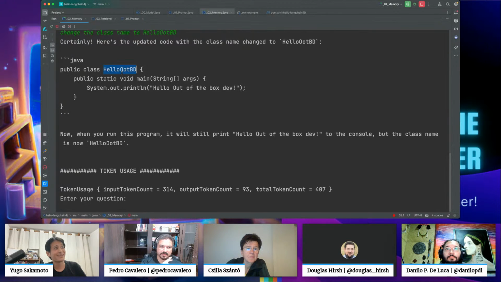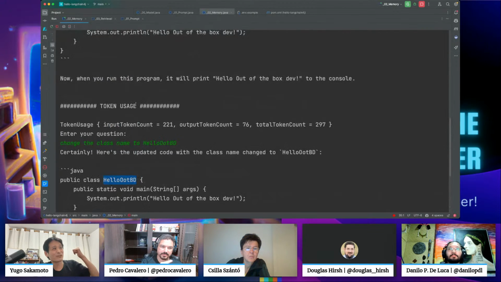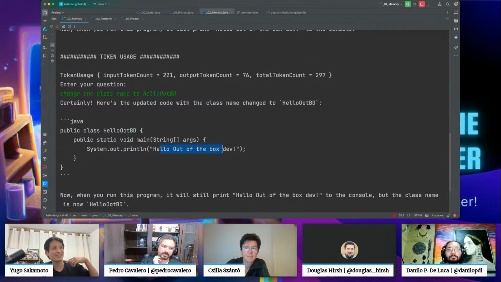And good, it understands the previous version and keeps the message here and just changes the class name. So it keeps it. You can see that it does remember what I'm saying.